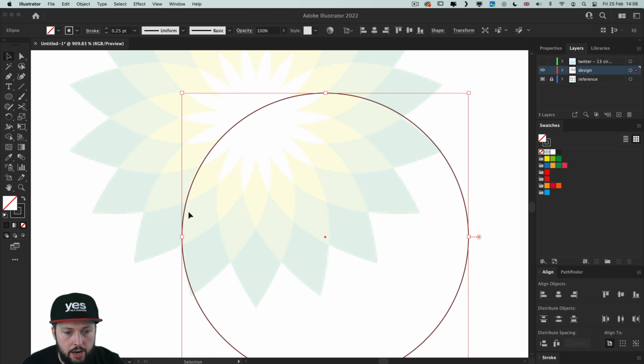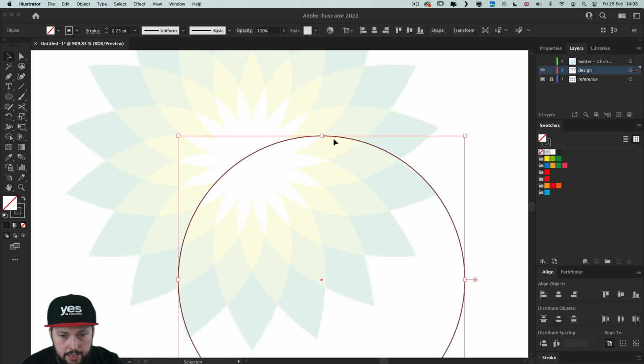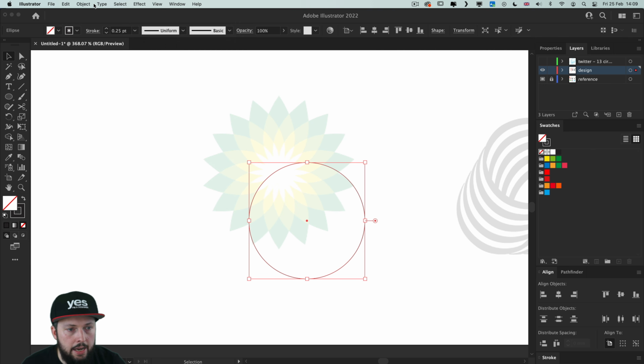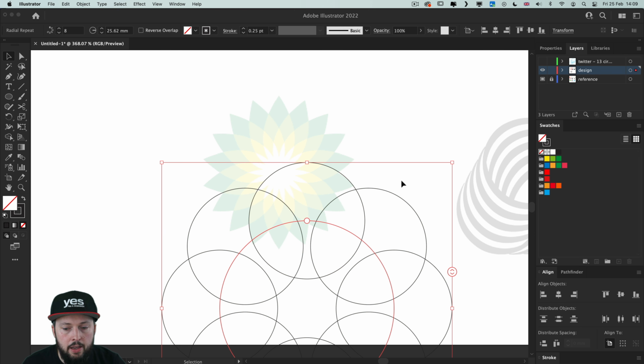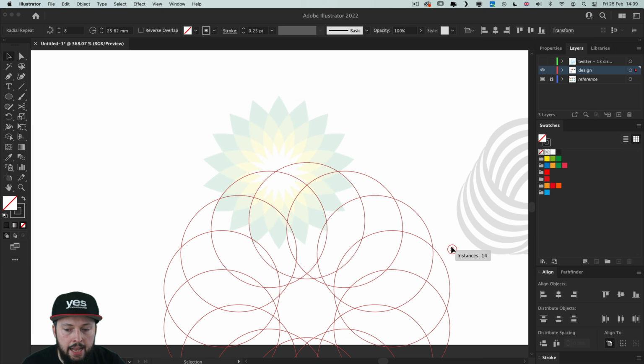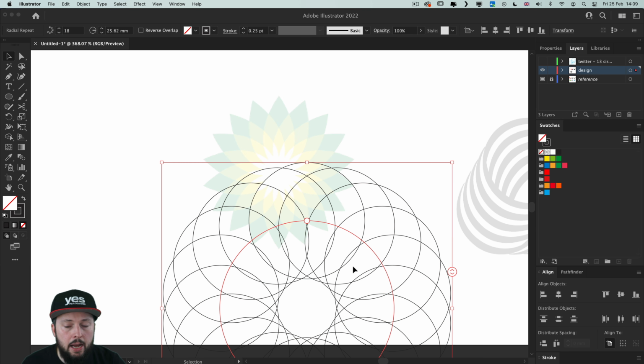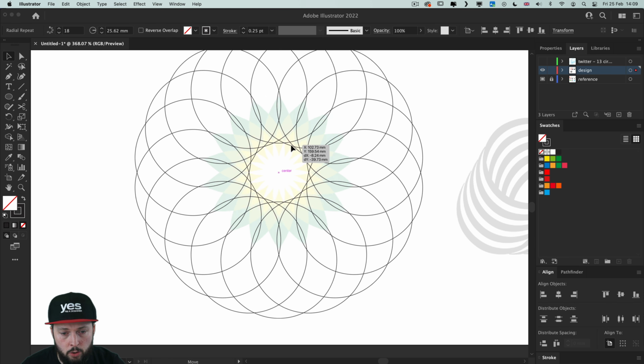You can see I'm trying to focus on these outlines here. So that's the key to get the right shape. So I'm going to zoom out a bit, and I will go to the object menu and choose Repeat Radial, which will create a couple of copies for us by default, but we will need 18 instances for this logo. Now I will be careful not to change the size of these circles because that's something that we already established in the beginning. But I'm going to move this whole object here and try to align it to the center